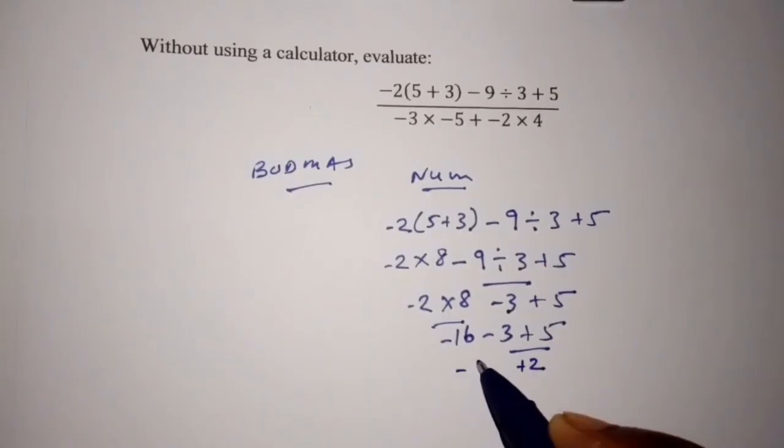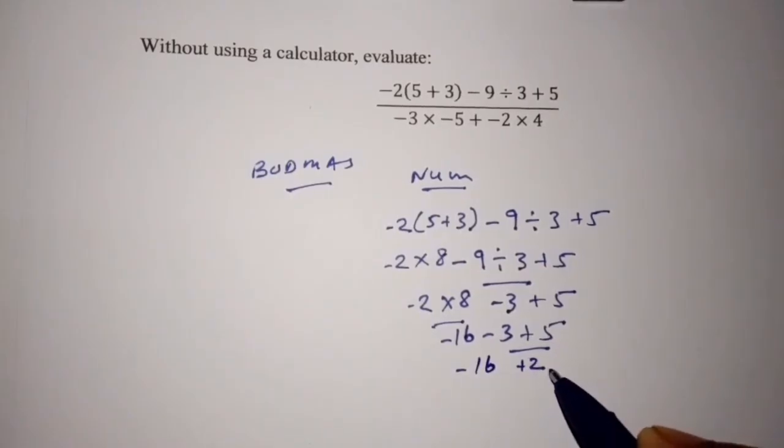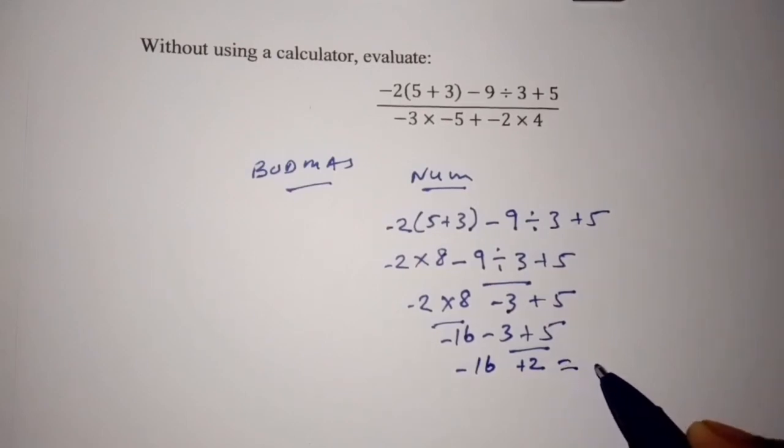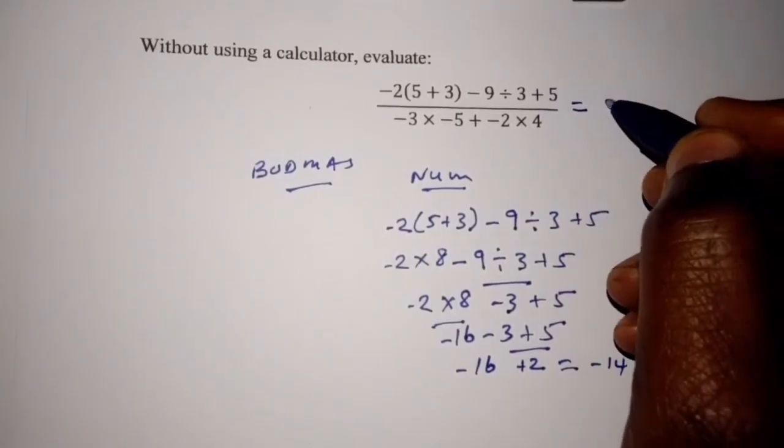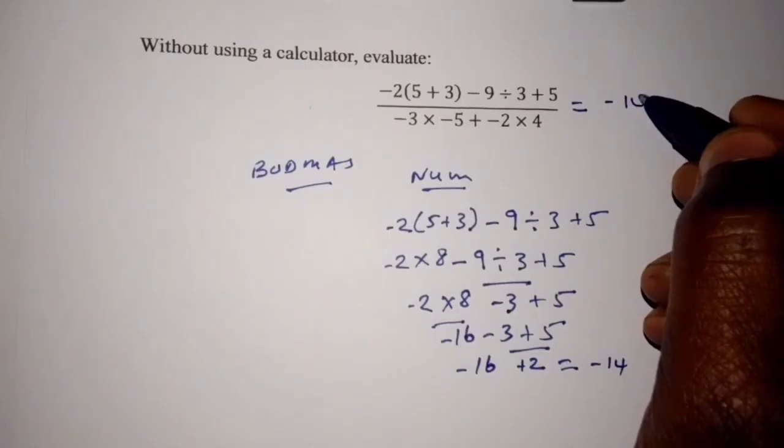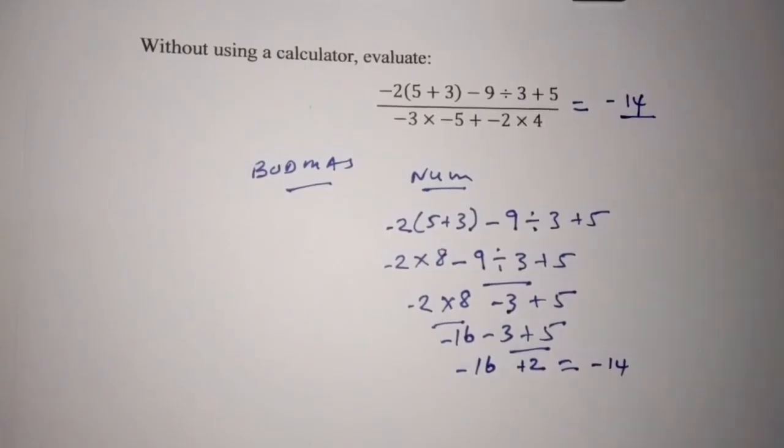So this is negative 16 plus 2, which gives us negative 14. So the numerator is negative 14 over